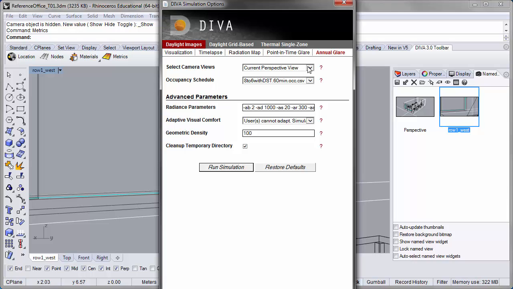So once a camera view is selected, we'll go ahead and highlight the current perspective view, and then indicate an occupancy schedule. So we'll keep the default 8 to 6 with daylight savings time. Now DIVA will actually use DaySim, an engine, to calculate the daylight glare probability, not just for the point in time using evalglare for one point in time, but actually for every hour within this occupancy schedule for the whole year. And so we need to set some radiance parameters in order to run this simulation, and we'll set